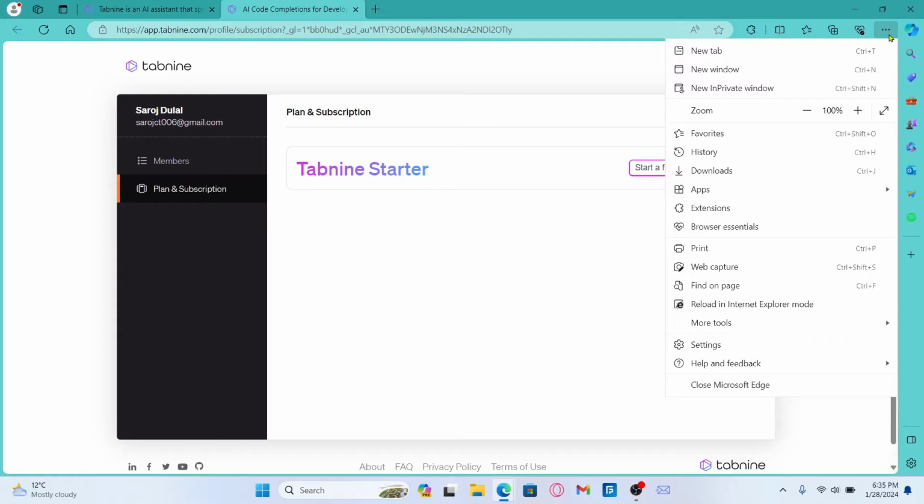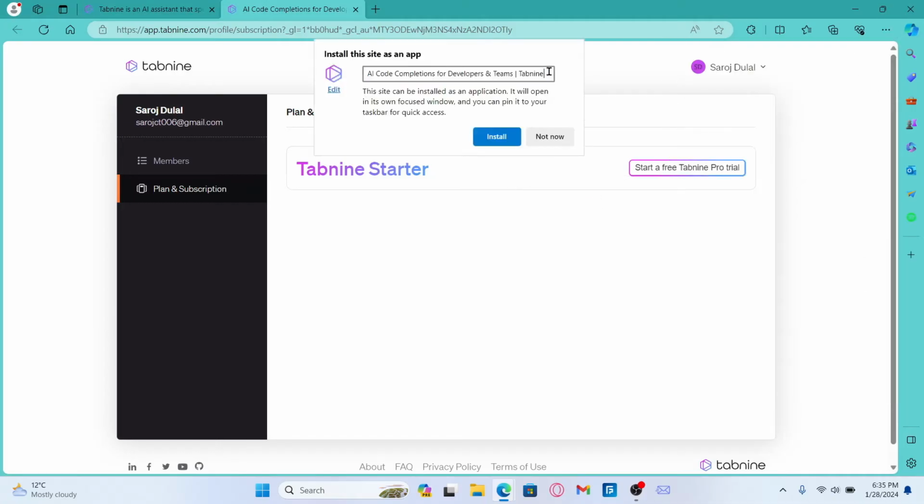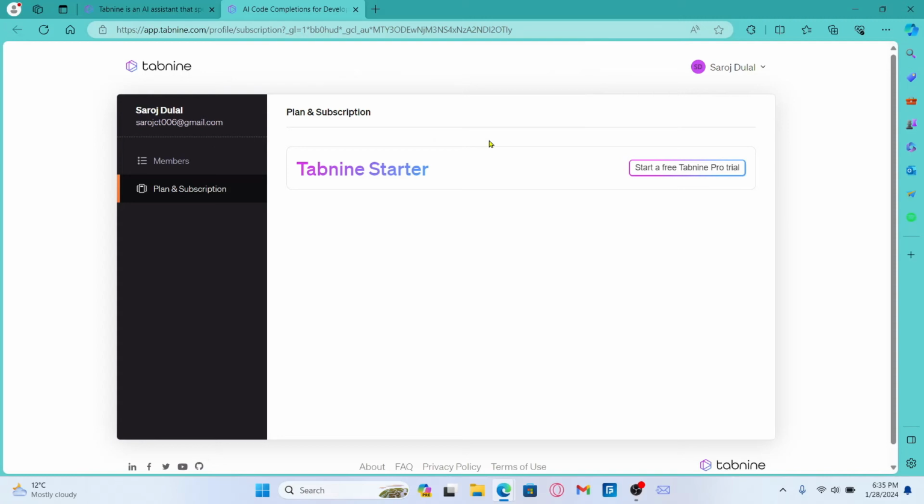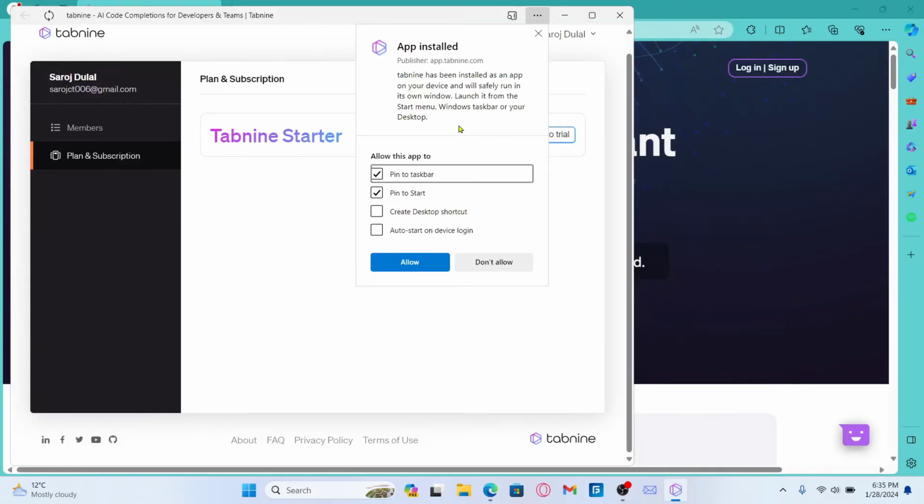Or if you're using the Edge browser, you can click on the three dots at the top right and then hover over to apps. Then you can click on install this site as an app and then rename the TABNINE application whatever you wish, and also edit the application icon by clicking on edit. After making your desired changes, click on the install button and now this will open up TABNINE in its own